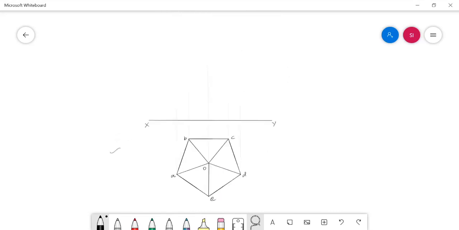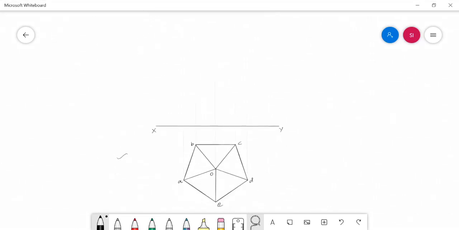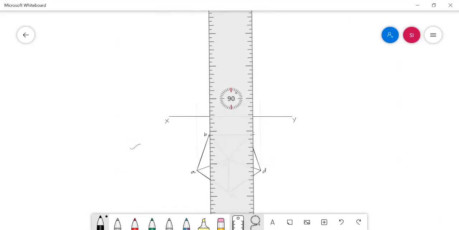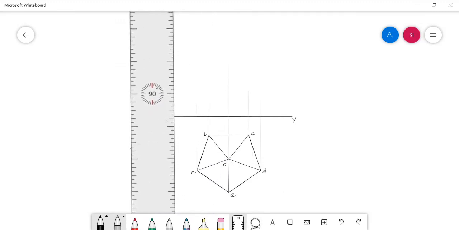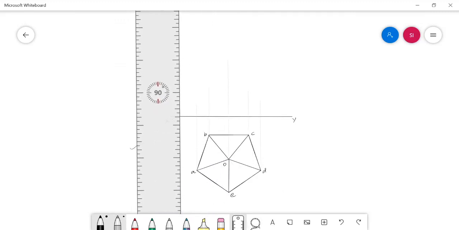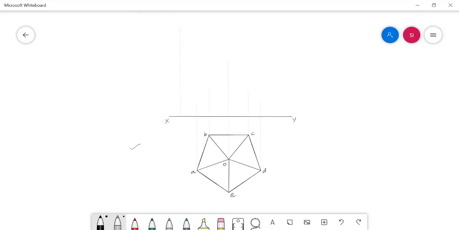The axis height given in the problem is 65 mm. With that height, I am fixing the apex point.